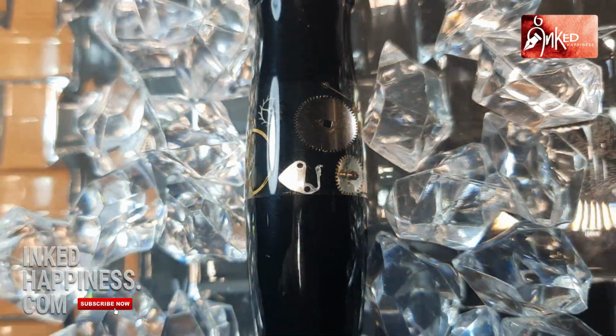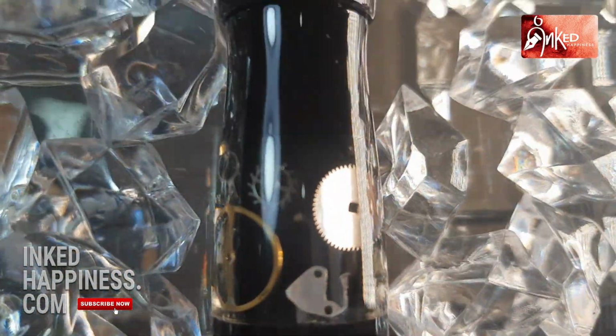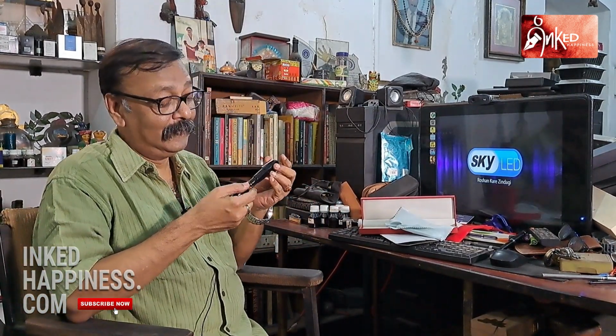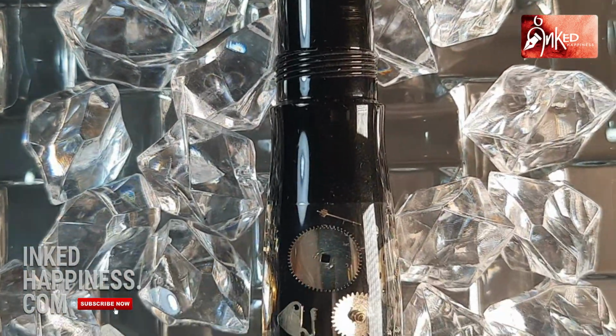And what I wanted to say is that these resins are so well polished that, I mean, even I feel bad because my fingerprints are coming on it, and that's why I cleaned them. And they also come with this regular issue nib, which also has steampunk characters etched on it, and a plastic feed, and an imported converter and cartridge. This is a converter cartridge pen as usual,